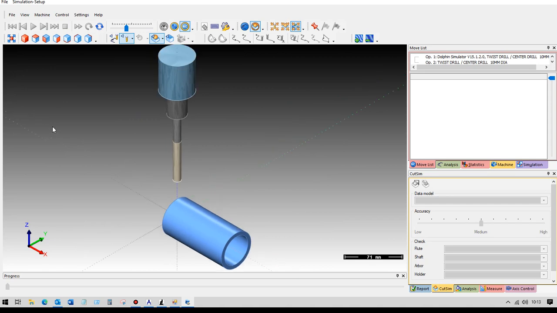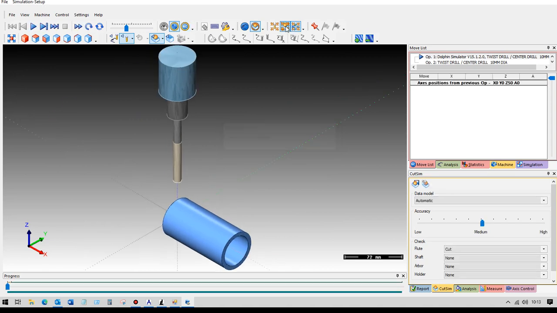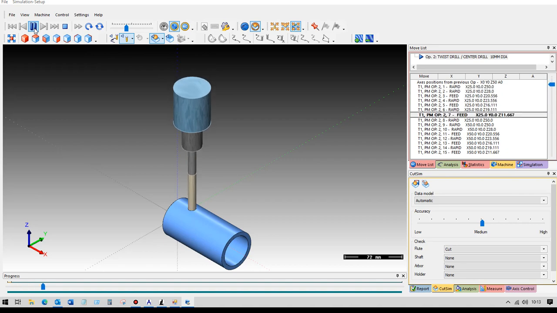So we're in the simulator now, and the one thing that you do want to check on is that you want to make sure that the setting up here is the focus on the machine. If you don't, the tool will move and the bar will stay where it is. So make sure you've got that, and then you can just simply play the